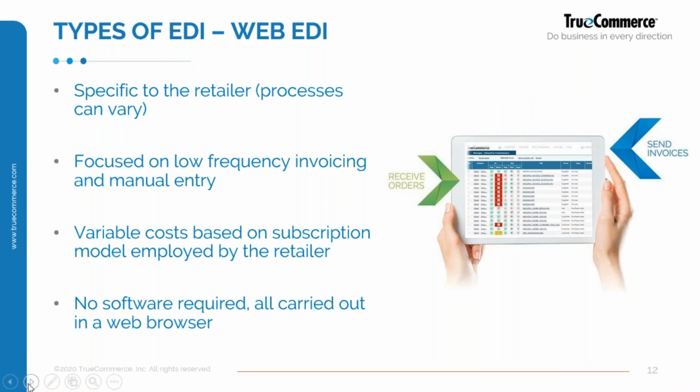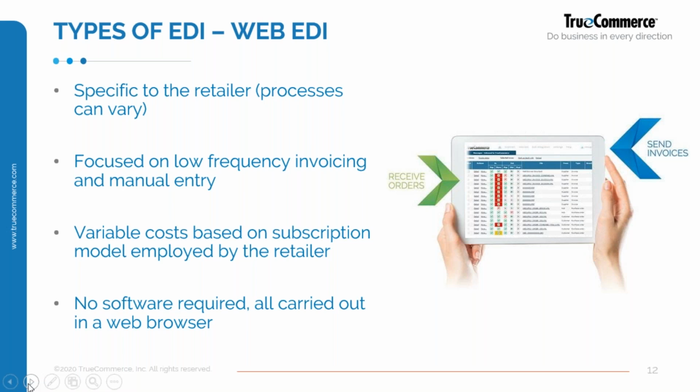So, types of web EDI, and I did touch upon this. Specific to the retailer, if we look at what the retailers have today, the vast majority of them have a mandate on using EDI. To do that, they need to have a supplier portal that allows you to log on, view your orders where possible in there, and create an invoice, send the invoice back to the retailer, and the retailer pulls it in an EDI format. It's all quite straightforward to them, and for the most part, they don't know the distinction between a web-based supplier and an EDI supplier, because it comes in exactly the same format.